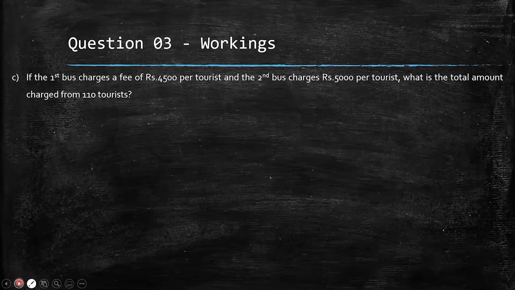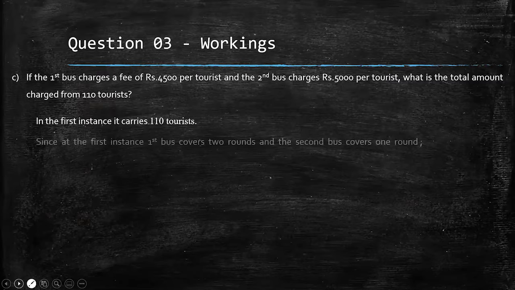Now it states, if the first bus charges a fee of 4,500 rupees per tourist and the second bus charges 5,000 rupees per tourist, what is the total amount charged from 110 tourists? Since it states 110 tourists, it means our first instance. Now we know in the first instance, it carries 110 tourists. So since at the first instance, first bus covers 2 rounds and the second bus covers 1 round,